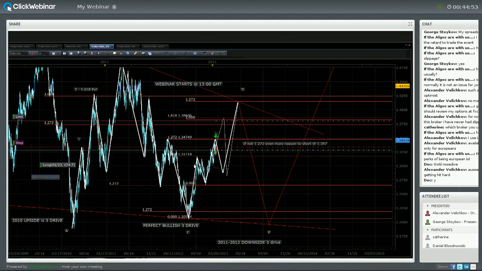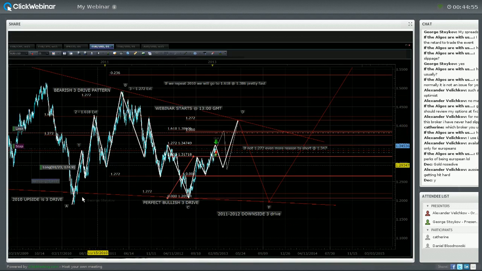Going to ask me why do I think this is a tree drive pattern. If we go back in history, since 2010,